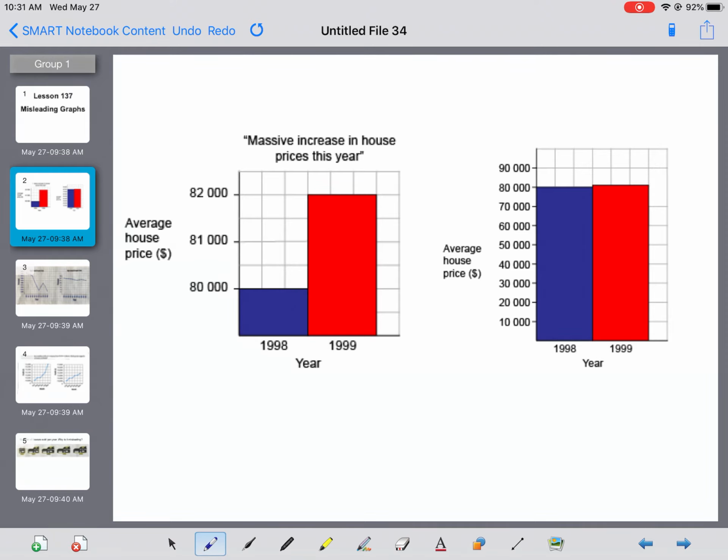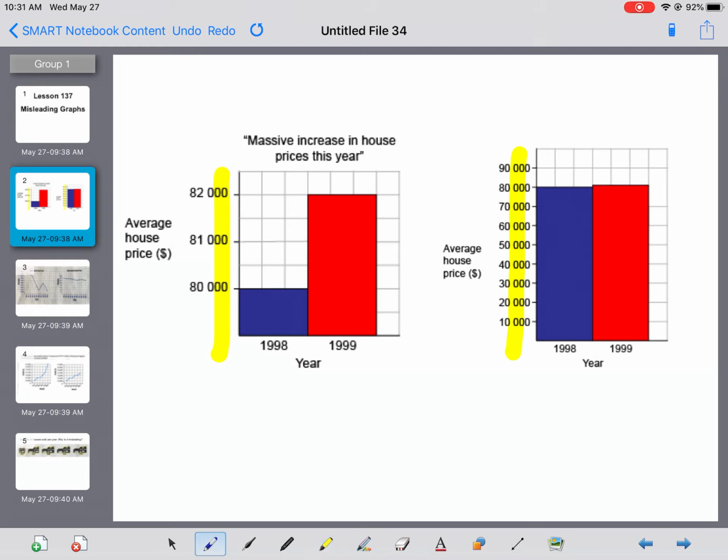Here we have two bar graphs that are showing the exact same information. We've got the increase in the average house price in 2 different years. However, these graphs look very different. And the reason they look very different is the scale on the side. If you compare the scales on the sides of these two graphs, you will notice that